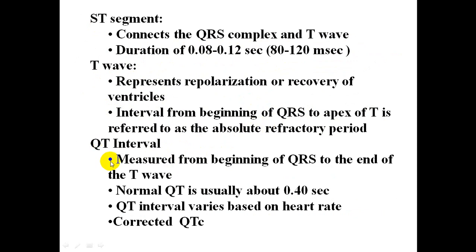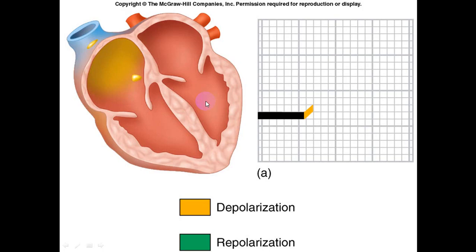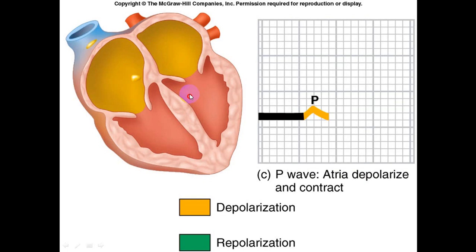The QT interval is measured from the beginning of the QRS complex to the end of the T wave. The normal QT interval is about 0.4 seconds. But the QT interval is related to the heart rate. That is why there are a number of equations to correct for heart rate, and the ECG records the corrected QT interval. And once again, depolarization of the atria gives the P